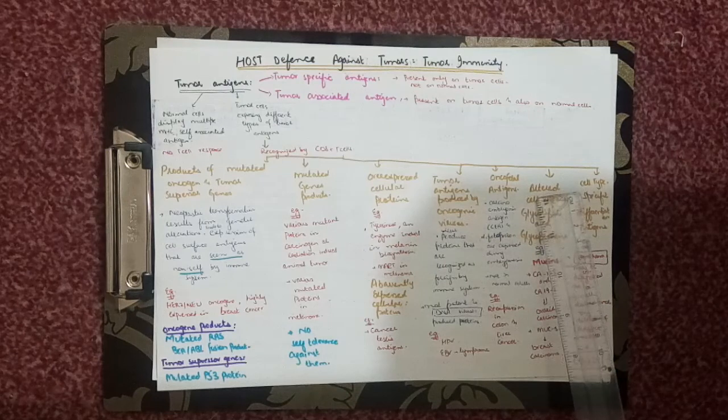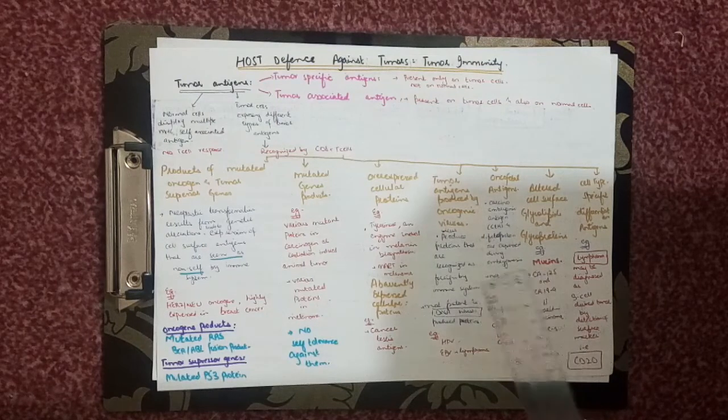Oncofetal proteins are those proteins, for example, carcinoembryonic antigen and alpha-fetoproteins, that are expressed during embryogenesis. This means they are not supposed to be re-expressed in the normal adult; they are only expressed in embryogenesis. If these oncofetal antigens are again re-expressed in normal adults, they will lead to tumor, for example, re-expression in colon